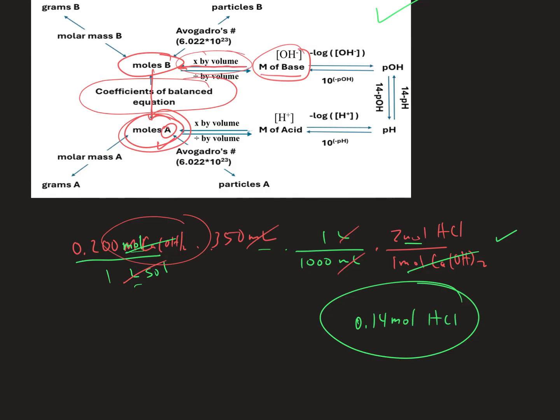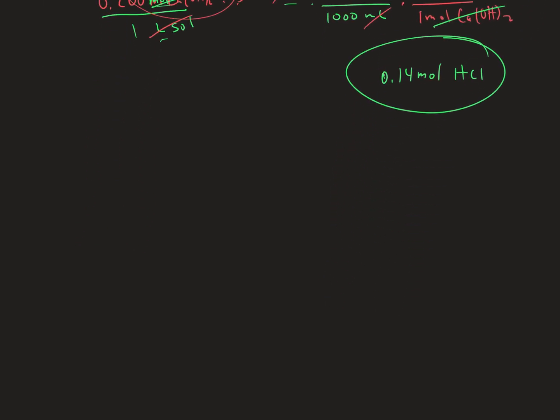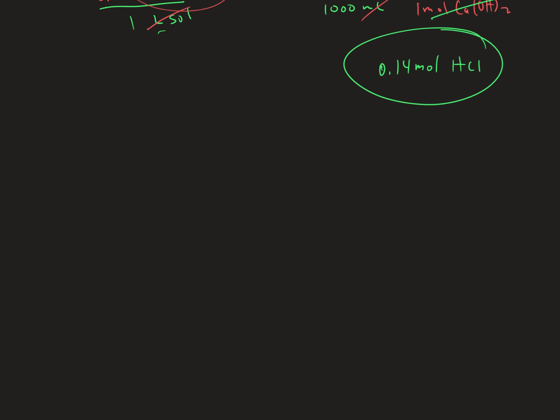You want to do another example? Maybe a little harder example? All right, here we go. So we're going to use this same equation. So I'm going to have it balanced already. 2HCl plus Ca(OH)2 gives us H2O plus calcium chloride. Put a 2 right there. Okay, it's balanced. And this time it says, how many liters